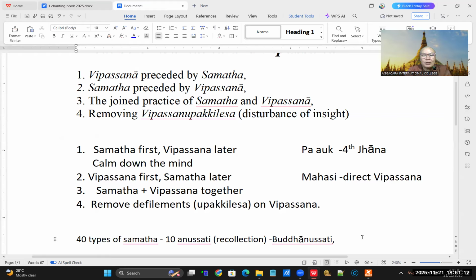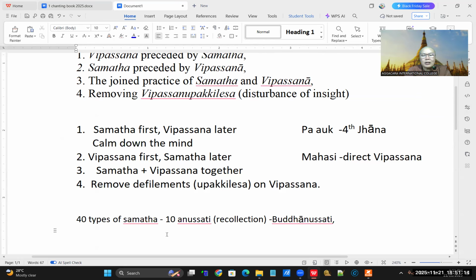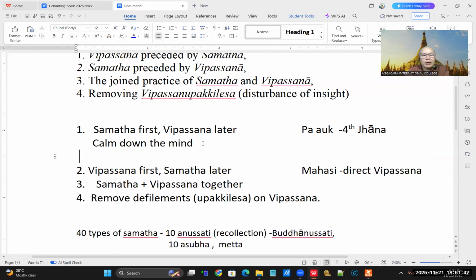So there are 40 types of Samatha and so on. There are also the 10 Asubha and so on. Normally people practice Asubha, which is corpse contemplation, and other things. They also like metta, which people practice all the time. It is good also, because if you have lots of anger and your mind is not calm, metta is the best. First, like we said before, radiate loving kindness to yourself. So calm the mind down, or calm your mental defilements down. The purpose of Samatha is to calm down the mind